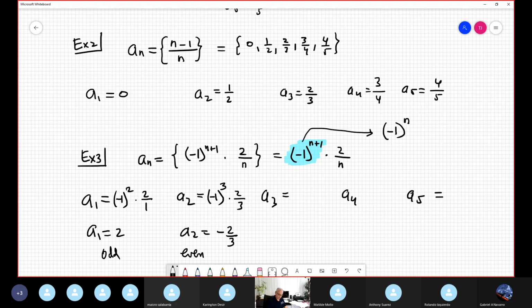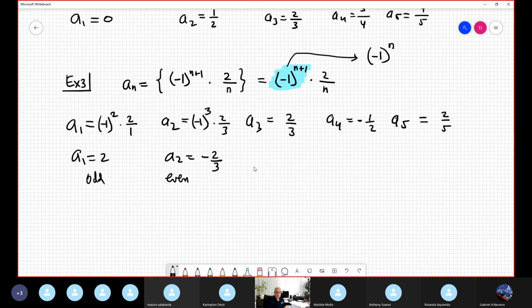A3 is positive, 2/3. A4 is negative, 1/2, because 2 over 4 will reduce to the lowest term. And A5 is positive, 2 over 5. So now the sequence, let me write the first 5 terms of this sequence: 2, negative 2/3, positive,